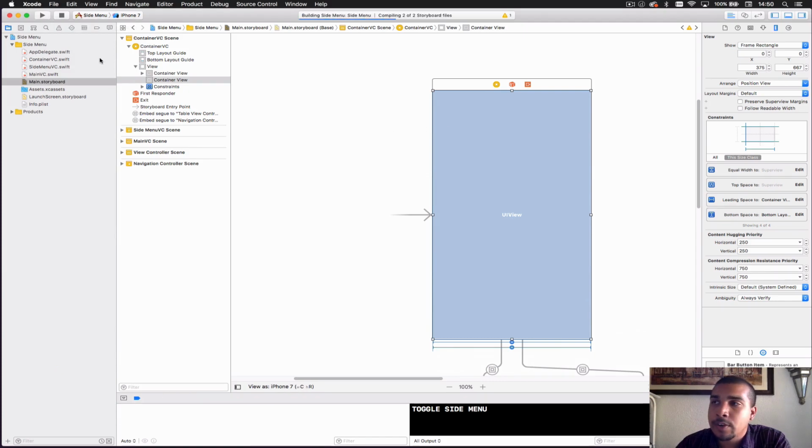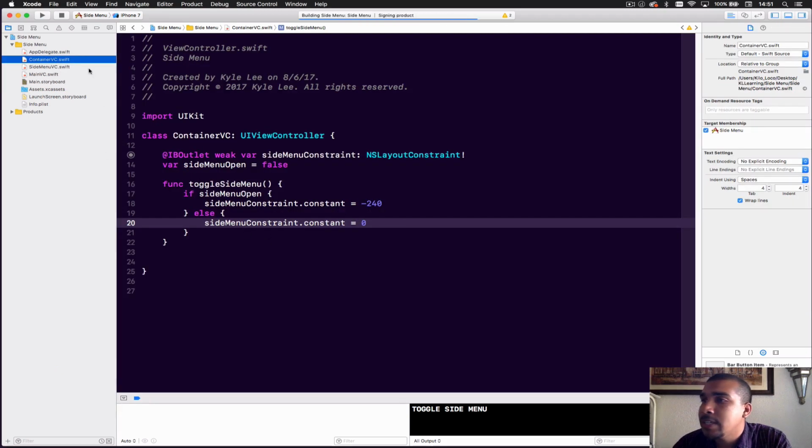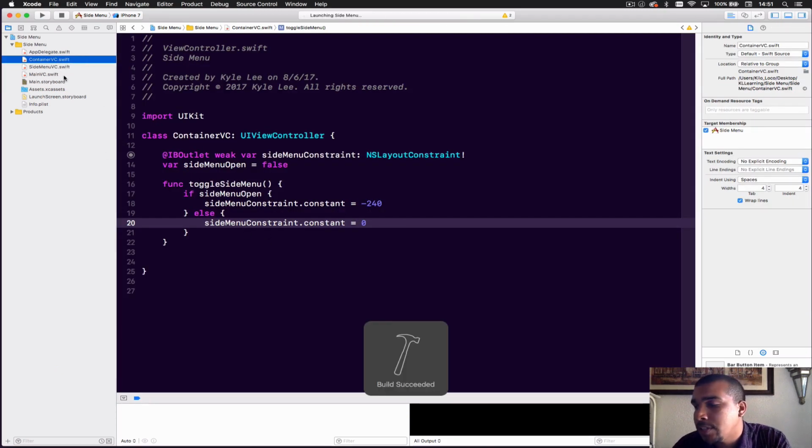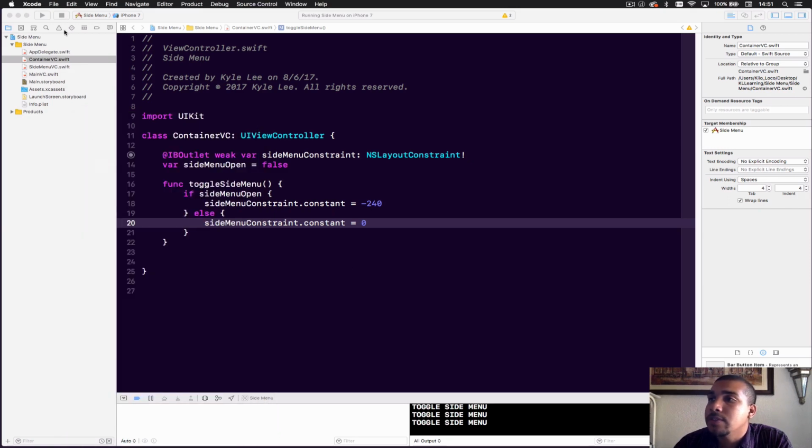Oh, actually it won't work because there's no trigger to call that show or toggle side menu, right? And that's where we're going to get into using the notification center to send signals, or send notifications that say, hey, open, it's time to open. See, there's nothing to do. Okay, so what we have to do,